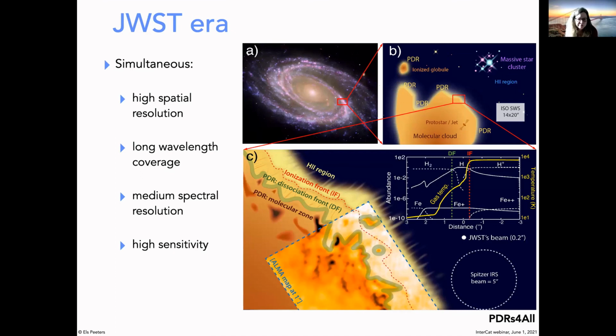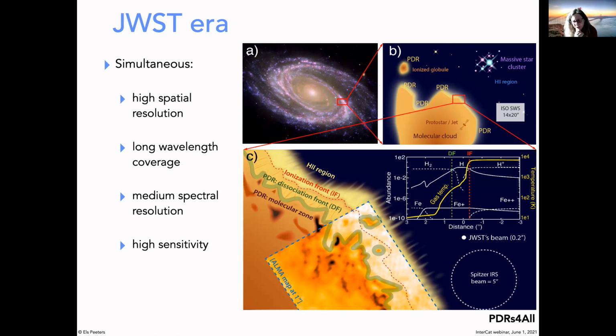JWST is around the corner, hopefully to be launched at the end of this year. And there we basically get simultaneously a high spatial resolution, a long wavelength coverage, ideal for PAH emission studies, at medium spectral resolution, so we can decipher all this substructure, and at very high sensitivity. And so just to give you an idea of how improved JWST will be compared to Spitzer, you can look at the bottom cartoon here on the figure in panel C,